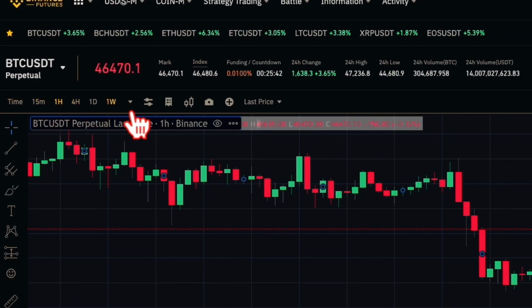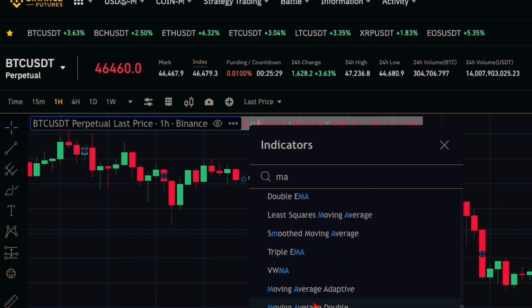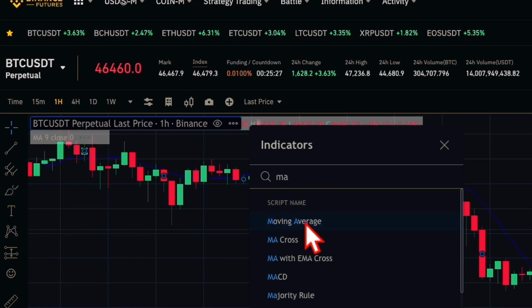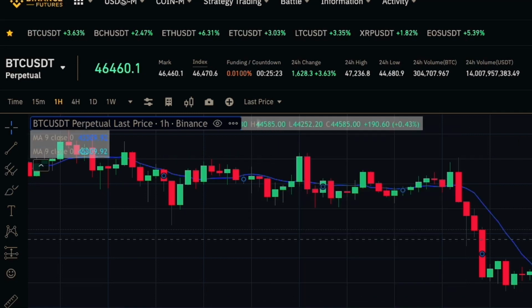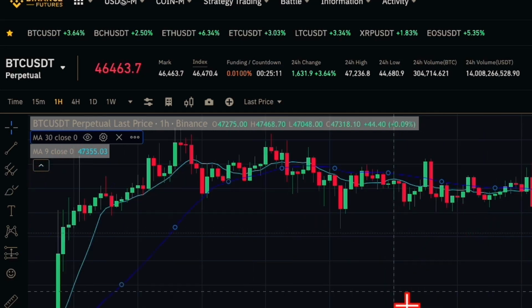Here you can pick the time frame that you want. And when we go here, you can pick any technical indicator that you want. Whether you want to pick moving average, Bollinger Band, average price, all kinds of indicators for trading that you want. So let's pick moving average, for example, for you to see how it works. We picked one, you can see the price here. Here you can modify it further to change it to a longer moving average or a shorter moving average, depending on what works for you and what you use for trading.